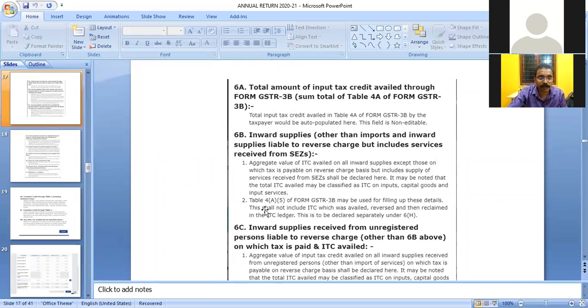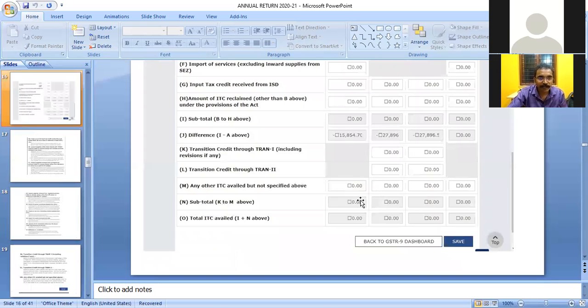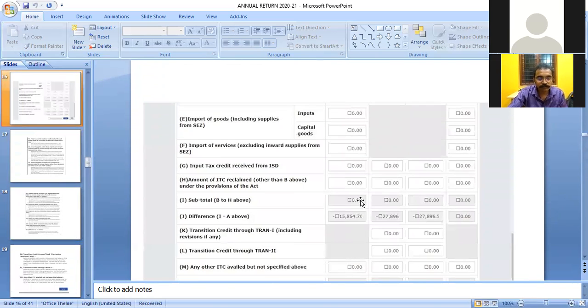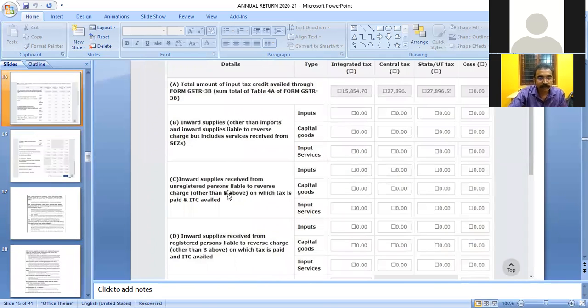In column 6B, table 4A, column 5 from GSTR-3B shall be used to fill up this detail. Then comes column 6C, inward supplies received from unregistered persons liable to reverse charge, on which tax is paid and ITC is availed.